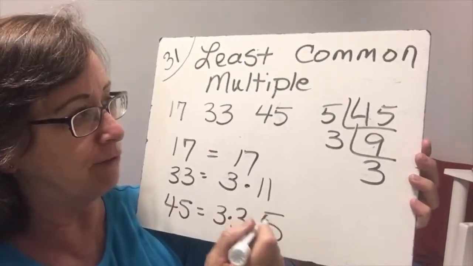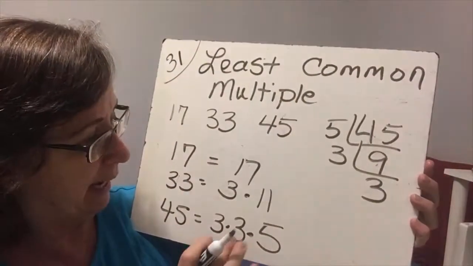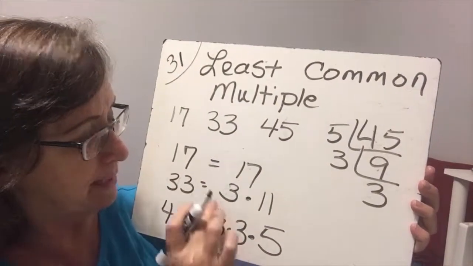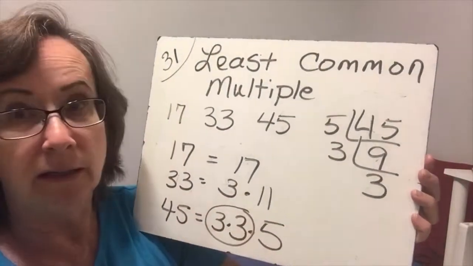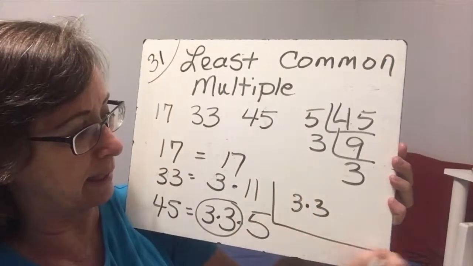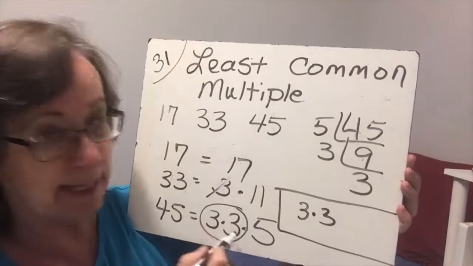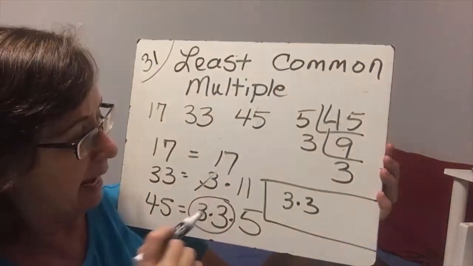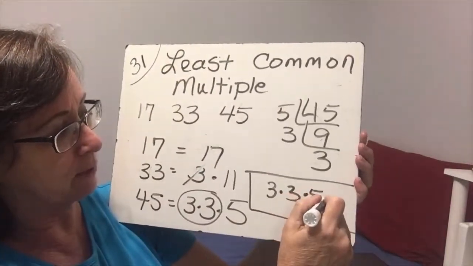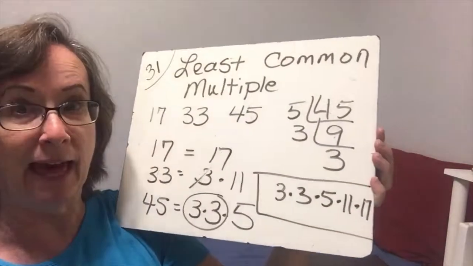So what we need for our LCM is, we start at the lowest number, and we have 3s. We have no 2s, so we have 2 3s and a 3. So our number is going to need 2 3s. So 3 times 3 is in our LCM. And then we don't need to worry about that other 3 because it's going to be included in those 2 3s. And then we have a 5, an 11, and a 17, which are all individual numbers that are going to have to go in there. And when we multiply that all out,